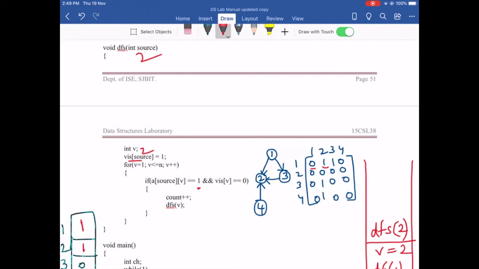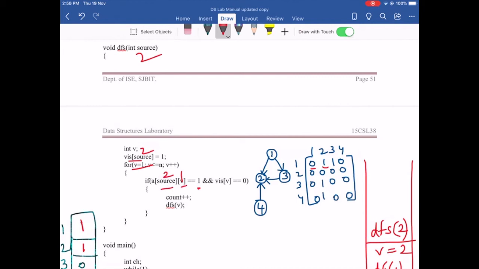Next we are going to check what all nodes you can reach from node 2. The source now is 2, and v is initialized to 1, so 2 comma 1. This is a fresh iteration, so v is again initialized from the beginning to 1. You are checking if there is an edge from 2 to 1.